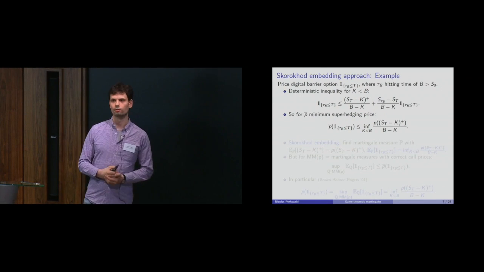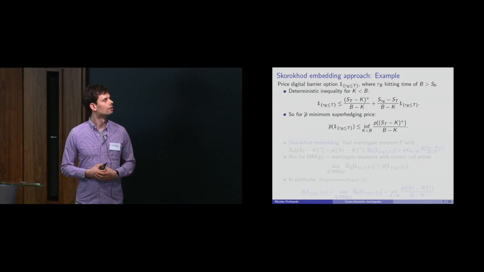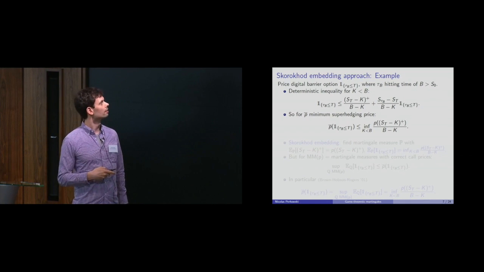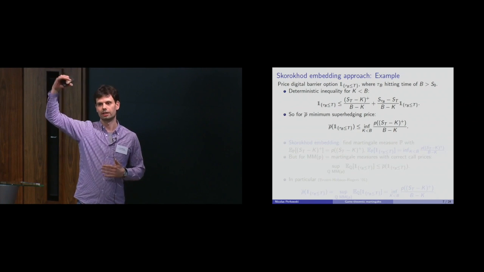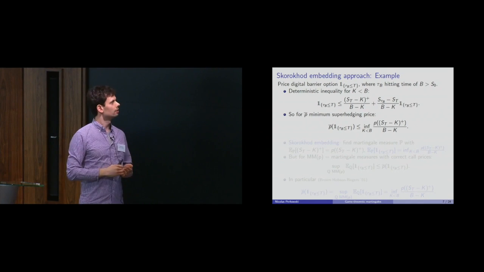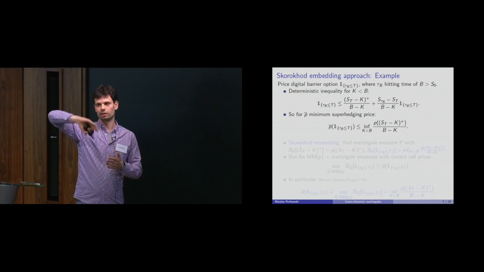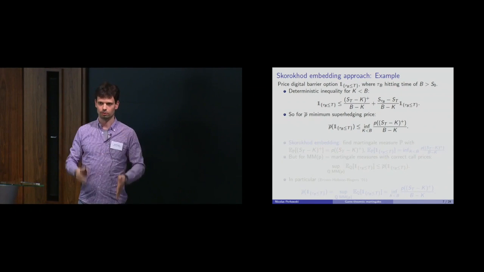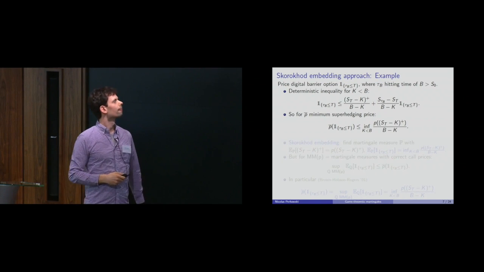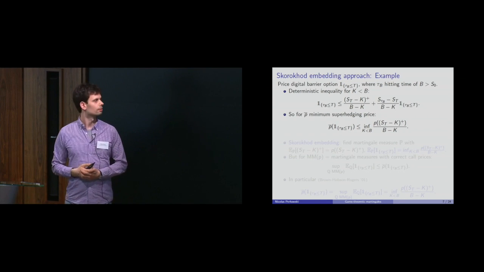Okay, let's look in one particular simple case at how this argumentation works. How do they do it? So we want to price a one-touch digital barrier option, I think it's called. So this T_B is the hitting time of some level that is higher than where you start, otherwise it's trivial. So you're interested in whether at some point during the time interval you look at, your trajectory gets across a certain level. So it's the same as this forward start digital option I showed before, except that now you don't start forward, you start today.